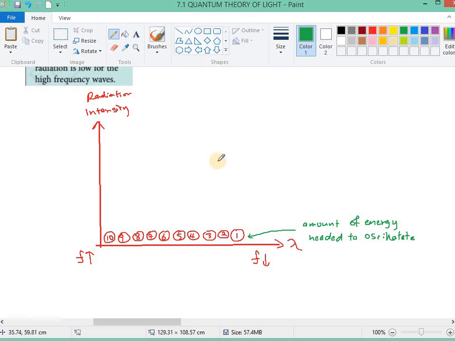Now, the amount of energy that is transferred to an object is limited. Because the amount of energy that is transferred is limited, and all of the particles oscillate at different frequency, that means, for example, you look at